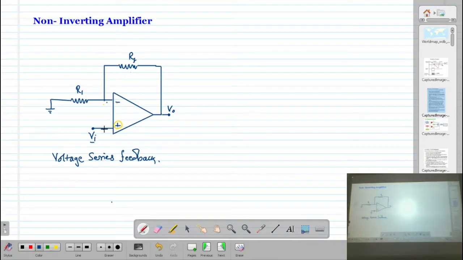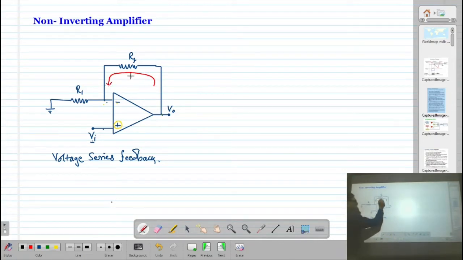Okay, now we want to find out what the gain of this amplifier is. Here you can see the output voltage. Here my input voltage is there. Suppose my input voltage is positive, then the output voltage will also be positive, and it will be higher than this VI. Correct? So here in the feedback path, the current is going to flow in this direction. The current will flow like this.